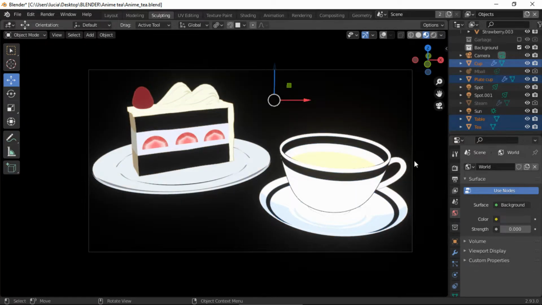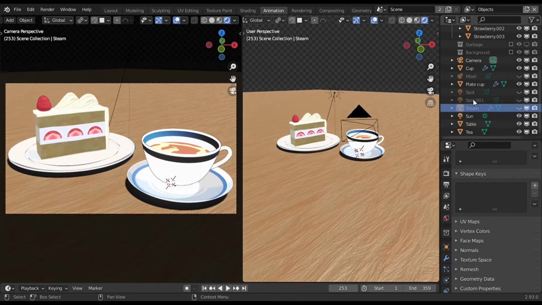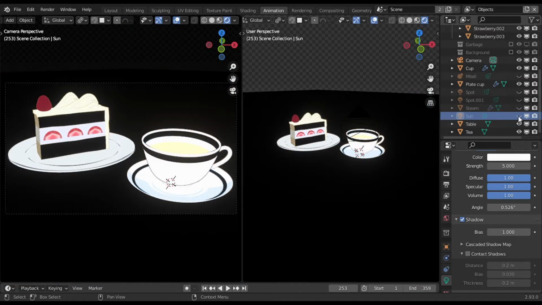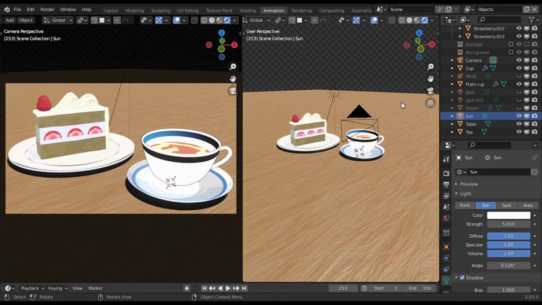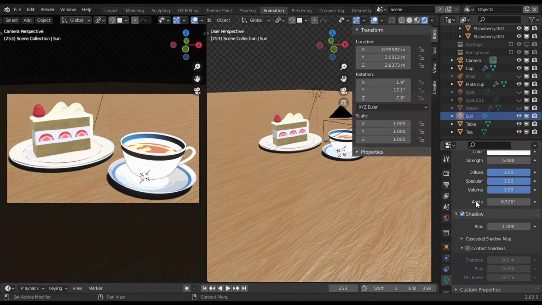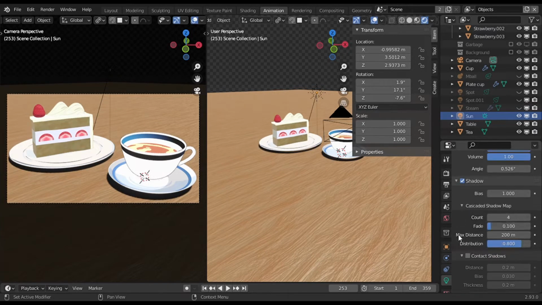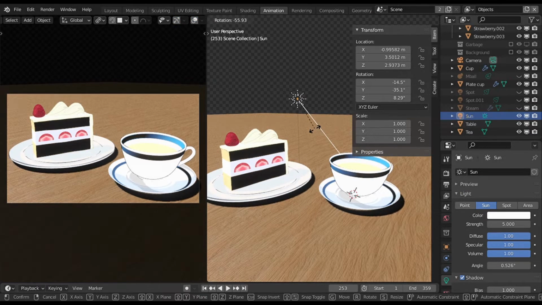I'm going to show you the shading process with the final lighting already, even though in the original process I went back and forth between shading and lighting. First, a sun to place my shadows where I want them. You could disable shadows if you want something completely flat. If you rotate the sun, the shadows are going to change, as you can see.